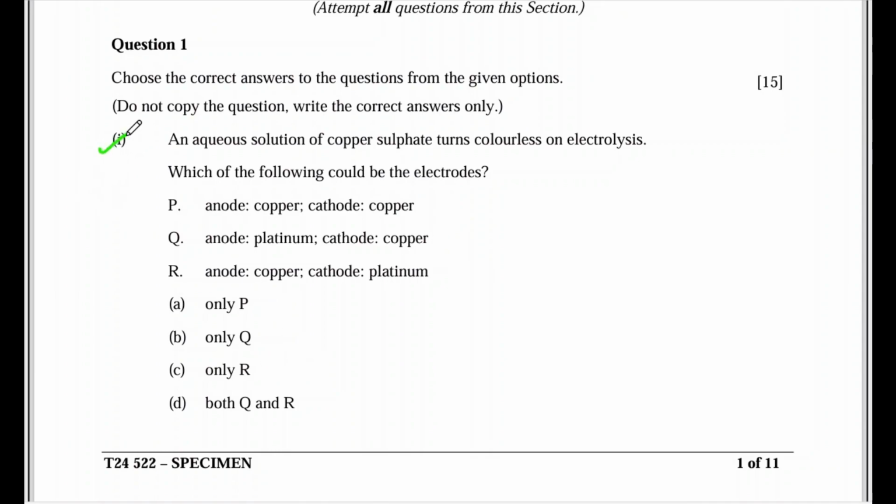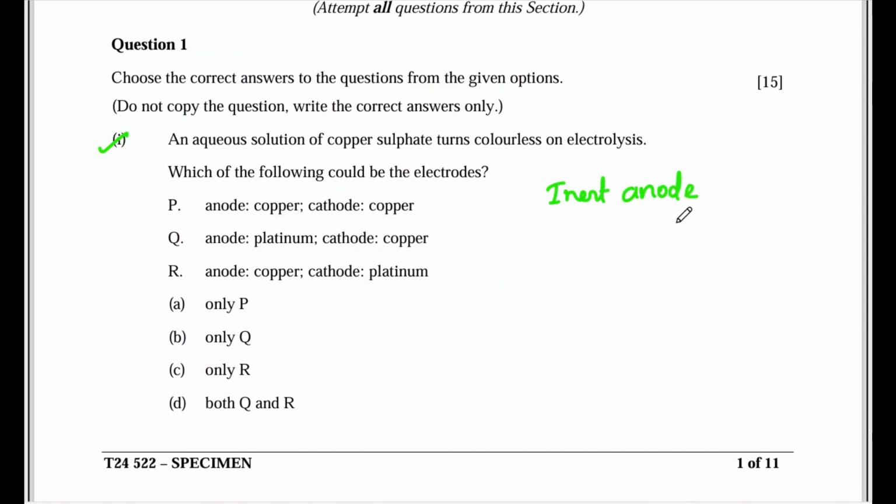Let's take the question number 1. An aqueous solution of copper sulfate turns colorless on electrolysis. Which of the following could be the electrodes? Right? So this is the question of electrolysis, right? Copper sulfate. So in which case it will turn colorless, the copper sulfate solution, when you use inert electrode, specifically